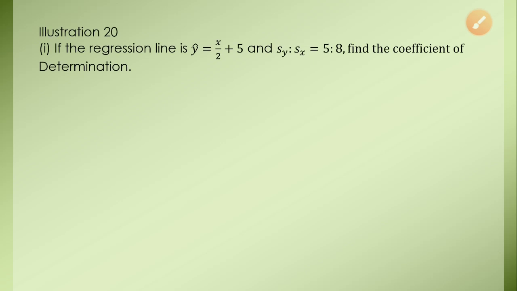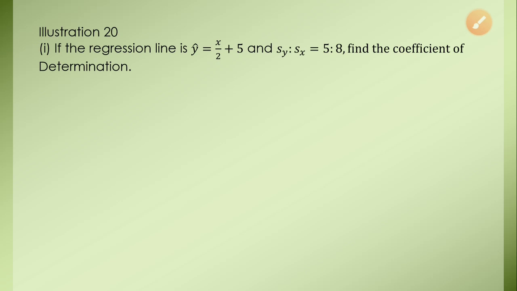So far we have done many topics of this chapter. We have done the regression line, the coefficient of determination and many small topics. We have done the formulas for short sums, and from illustration number 16 I told you there are many important sums. Lastly, we did illustration number 19 in our last lecture. Today we will be doing illustrations number 20 and 21. So, let's start illustration 20.